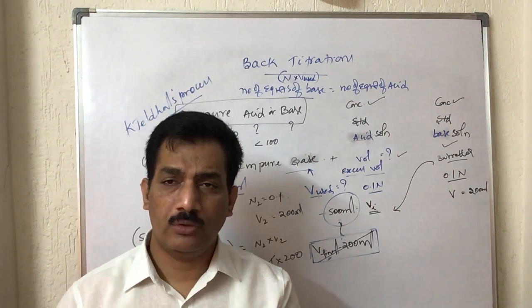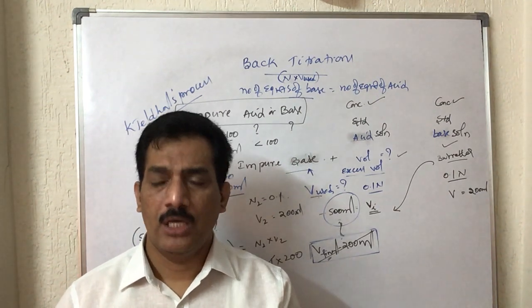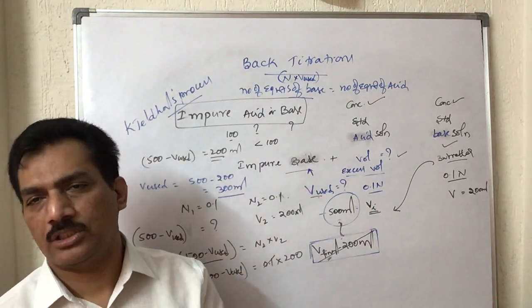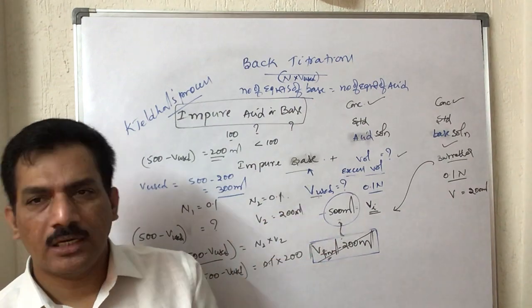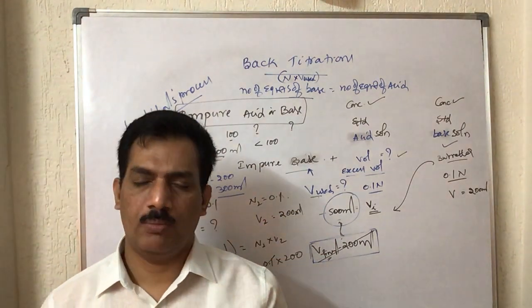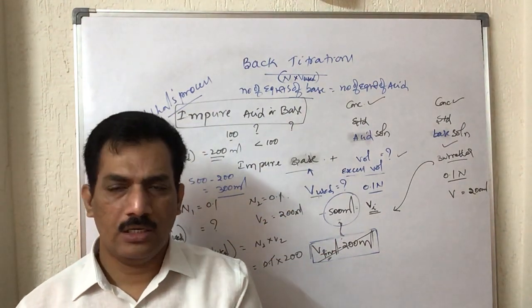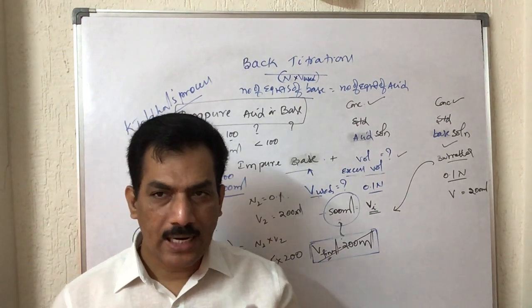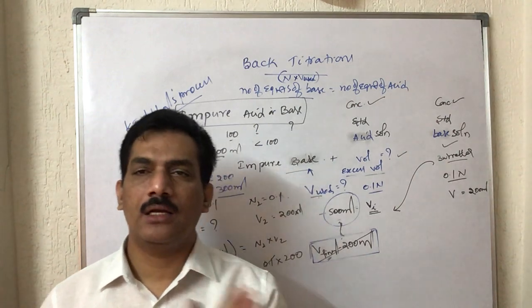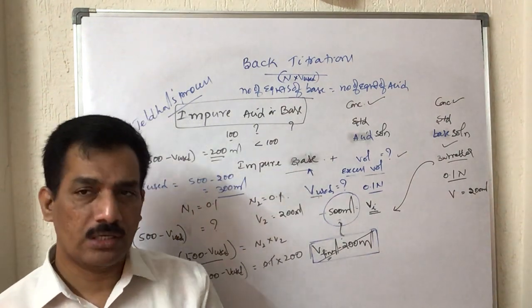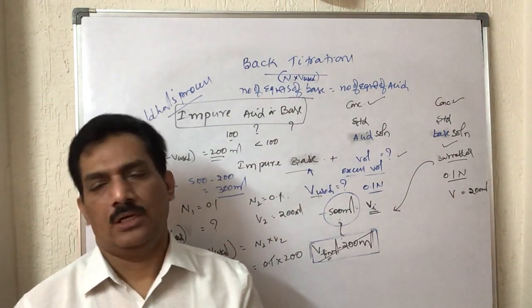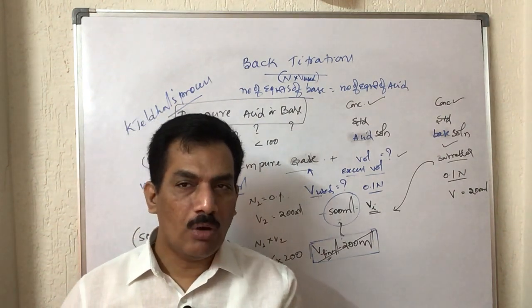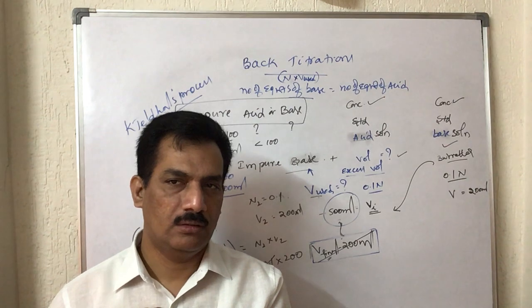How much volume do we have to take for this acid? We don't know. That's why we are taking excess acid as a precaution. After complete conversion of this nitrogen into ammonia and passing it through this solution, we know the initial volume of that acid, and now we will titrate that acid with another non-concentrated basic solution. It is nothing but a standard solution. There we can find the volume of remaining acid, is it not?